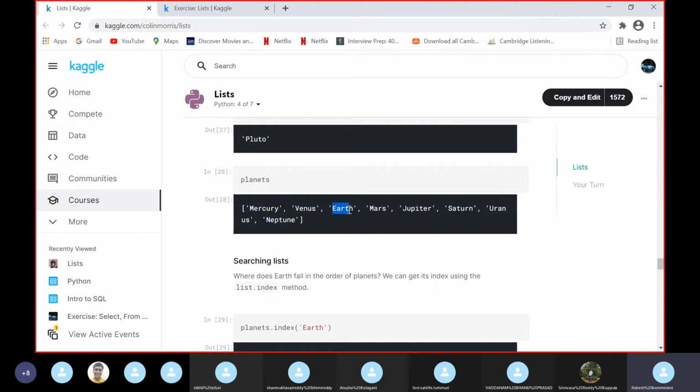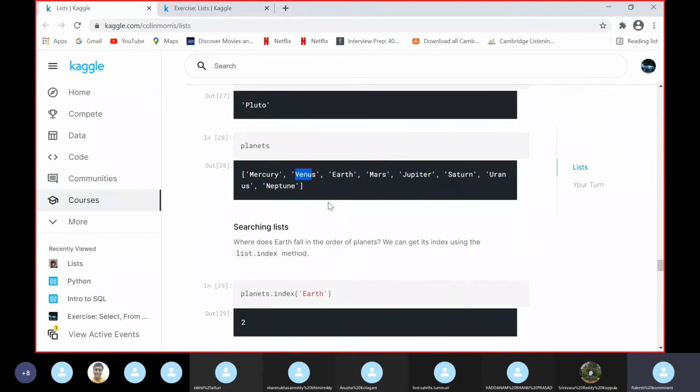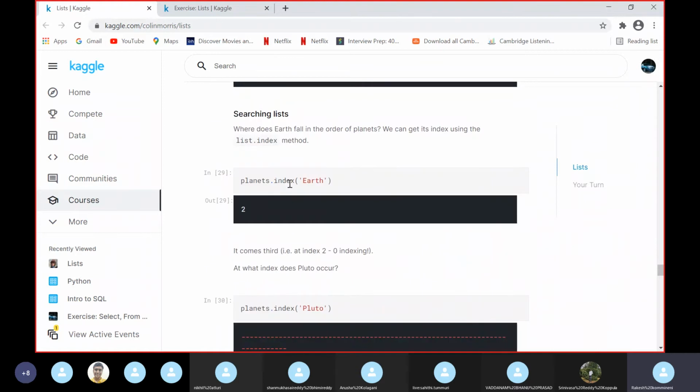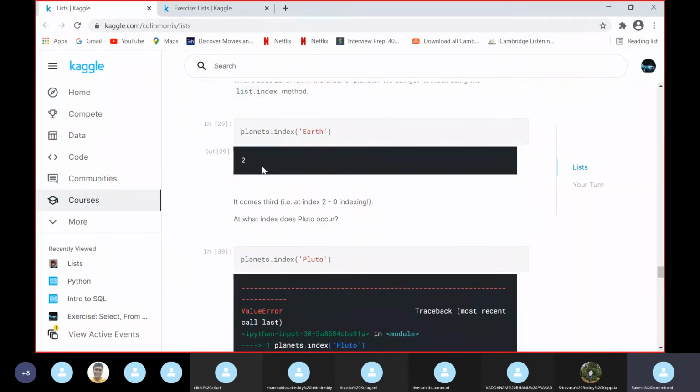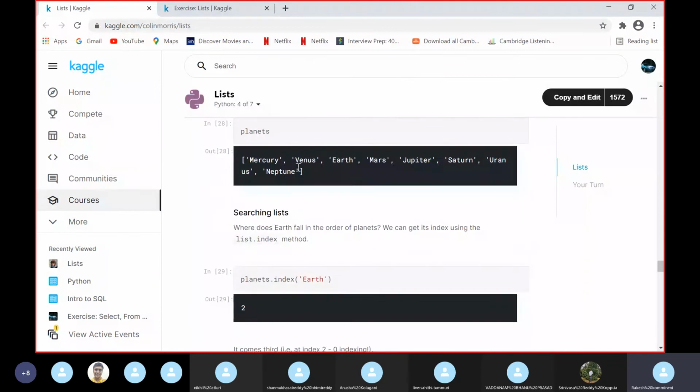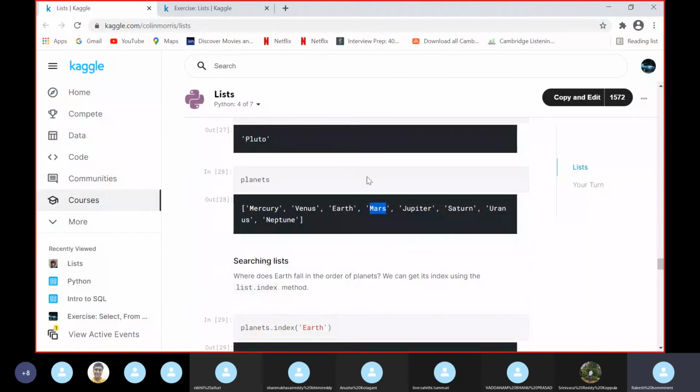Here Earth is one of the elements in this list, which has the second index. 0 index is Mercury, the first one is Venus, and the second one is Earth. So planets dot index of Earth will return the index value of Earth, which is 2. If it is Mars, it will return the value 3.